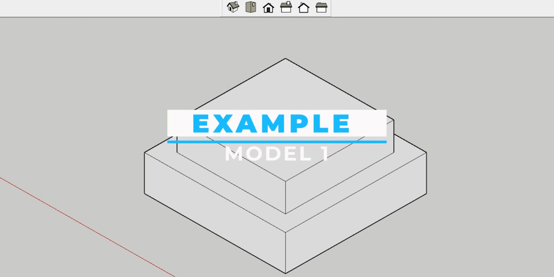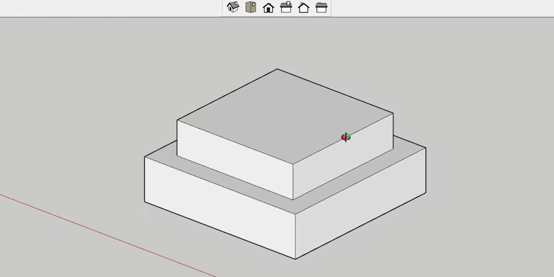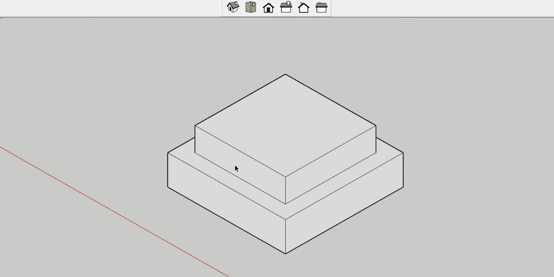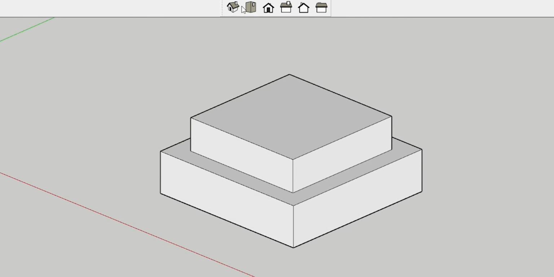So first we will discuss this model. The ISO of the model is given here. So this is the complete model and this is the ISO. The ISO could be given in the question and there will be 4 options. Maybe they will be asking you the elevation or maybe they will be asking you the top view. These are the 2 sets of questions that they can frame from this 3D ISO.